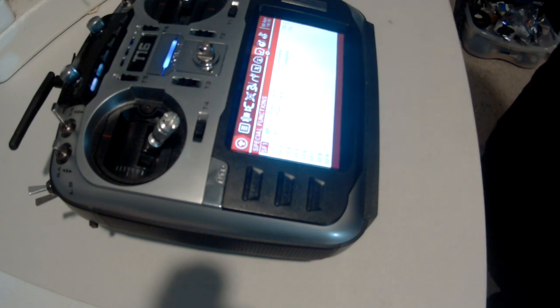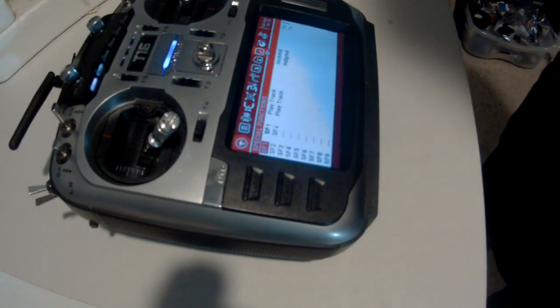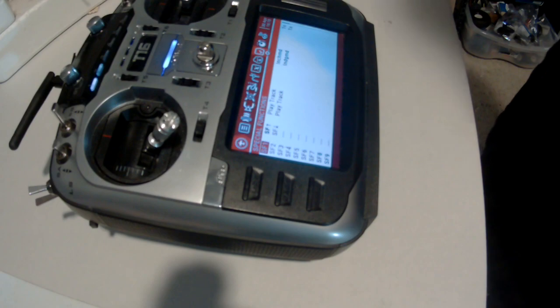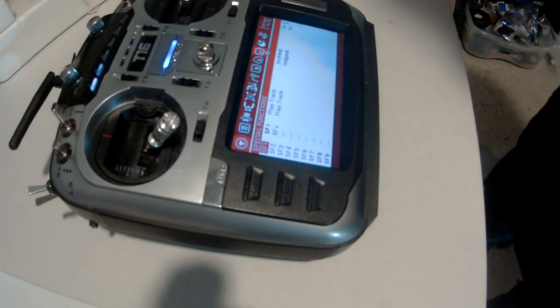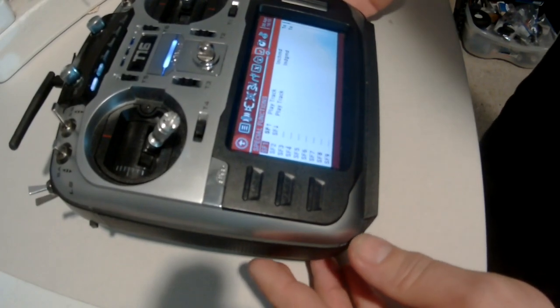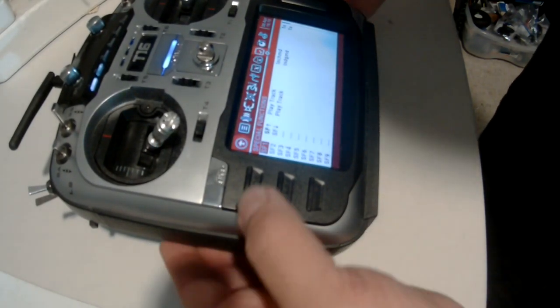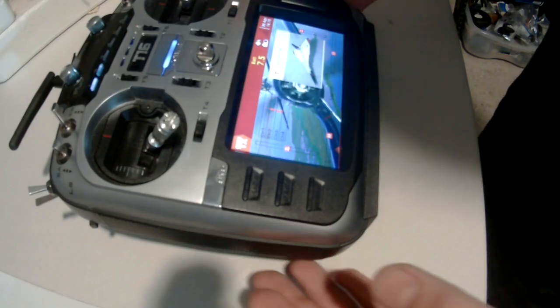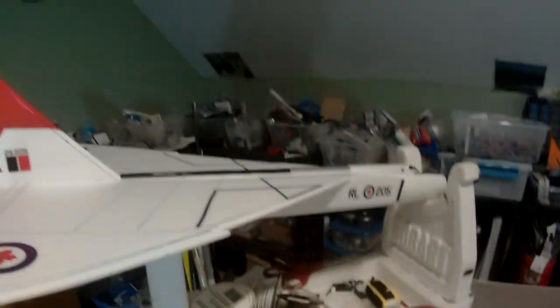And for me, that's the gear switch, so I'm very used to it being down for landing, and then once I take off, then I flip it up for flight. So it's very common sense, and it'll be second nature for me to use that for the modes for this. Let's see, and I've got the arrow already turned on,